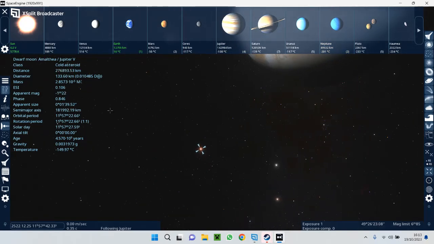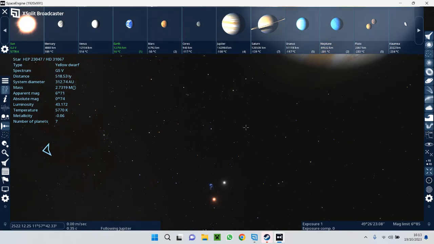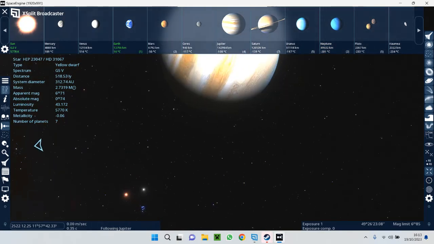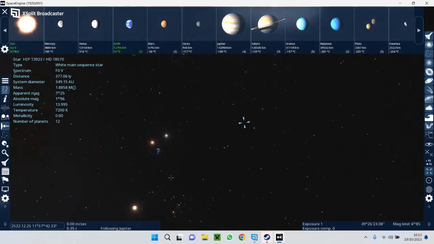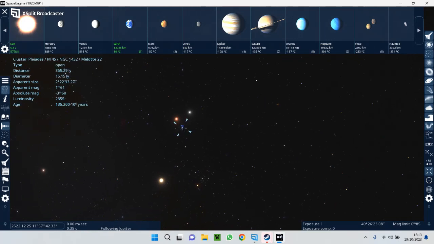Let's just actually explore Jupiter itself. What is this? It's a cluster in the shape of a question mark. That's actually pretty unique. There's a cluster somewhere that's in the shape of a question mark.